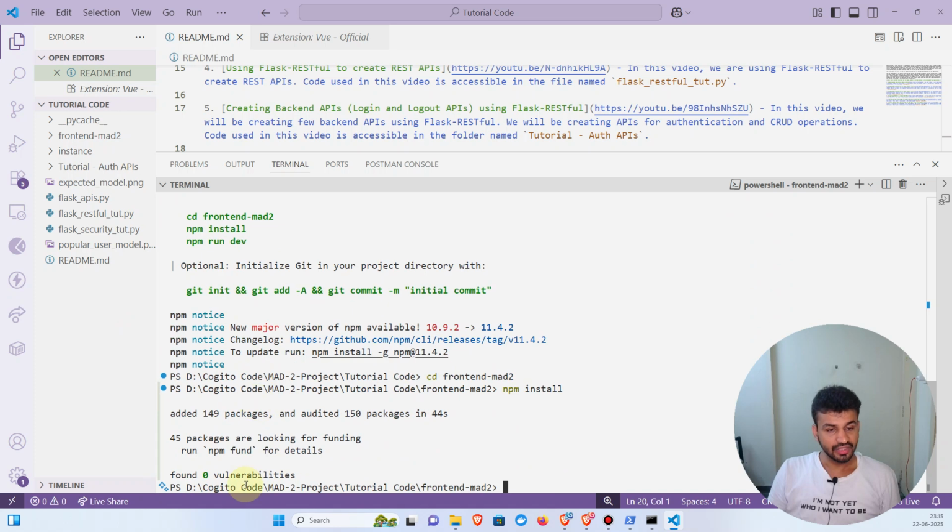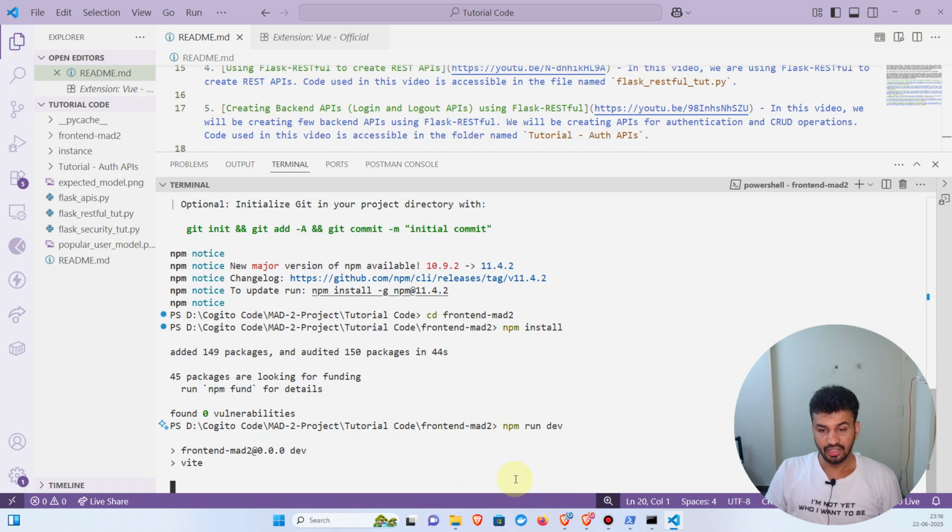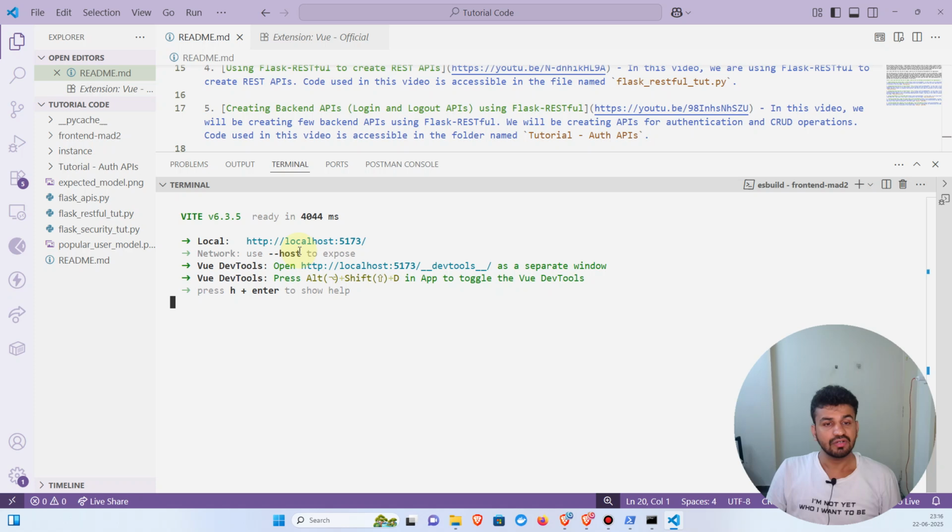And now npm install has also been done, and it found 0 vulnerabilities. So if we want to start a server, we can just say npm run dev, and so we are using Vite and the server is being run. Now our front end server is hosted at this particular URL, localhost 5173. So if we visit this particular